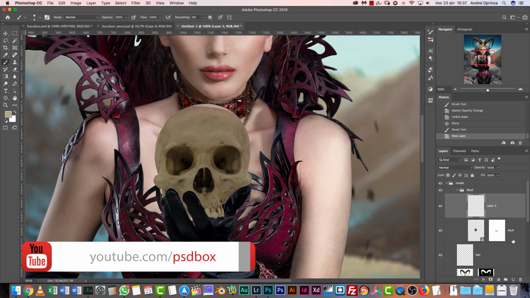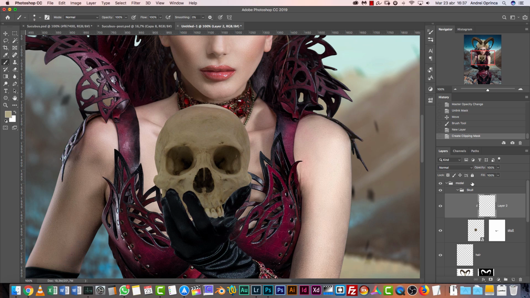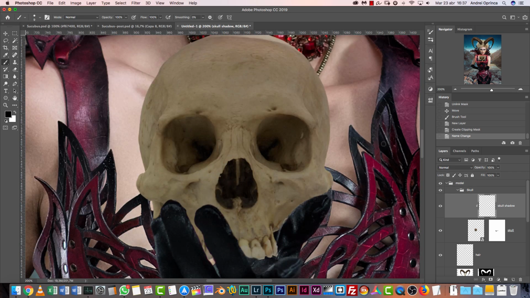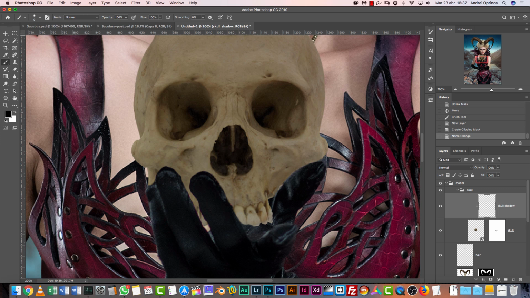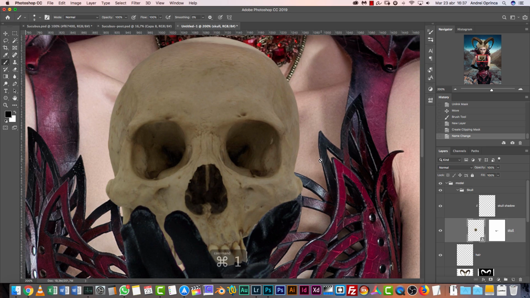I'm gonna create a new layer on top. I'm gonna clip it. I'm gonna name this skull shadow. Great, now I'm gonna get the brush tool, and I'm not gonna paint a black shadow because shadows are not black all the time. They're not always black because they get the color of the object they're on. So I'm gonna paint something a little yellow, but before I do that, I want to desaturate a little bit